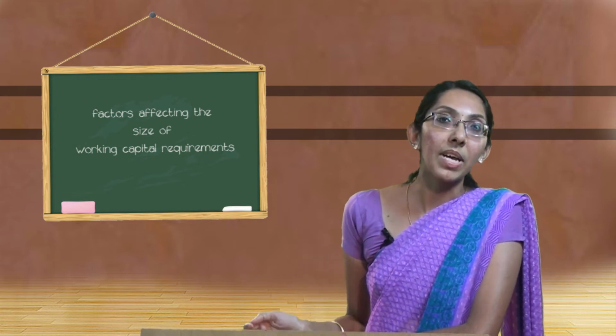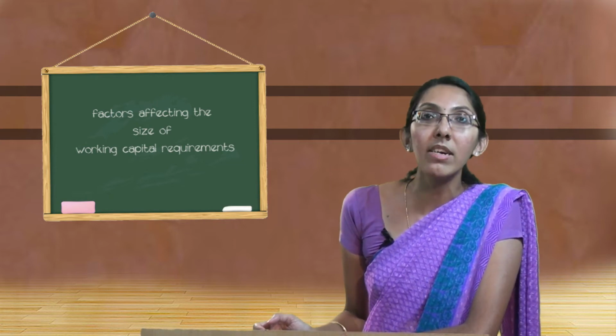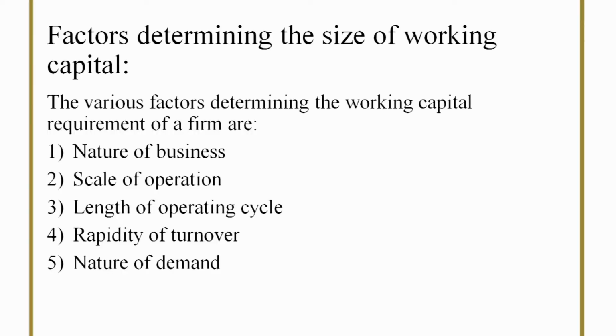The next factor to be considered is the nature of demand. That is, what kind of demand the product is related to, whether the demand for the product is predictable or not. When the demand is predictable, the working capital required is usually low. When the demand is not predictable, for example the demand for jewelries or dress items, demand cannot be predicted well in advance. In these cases the working capital required is also usually high.